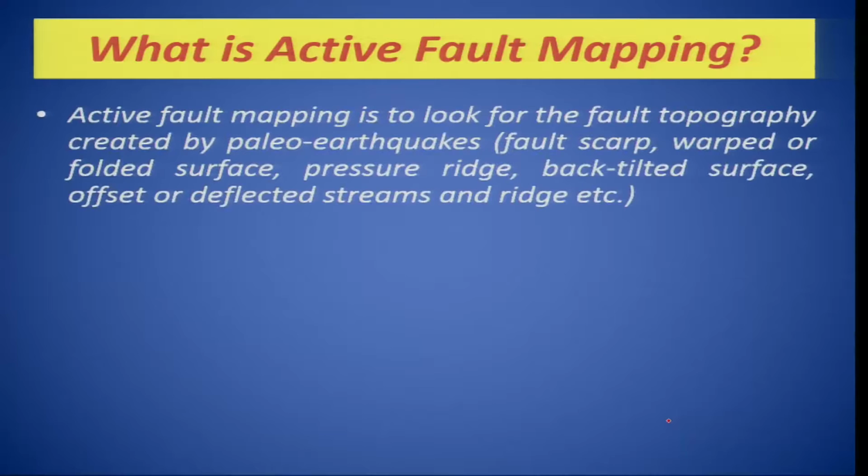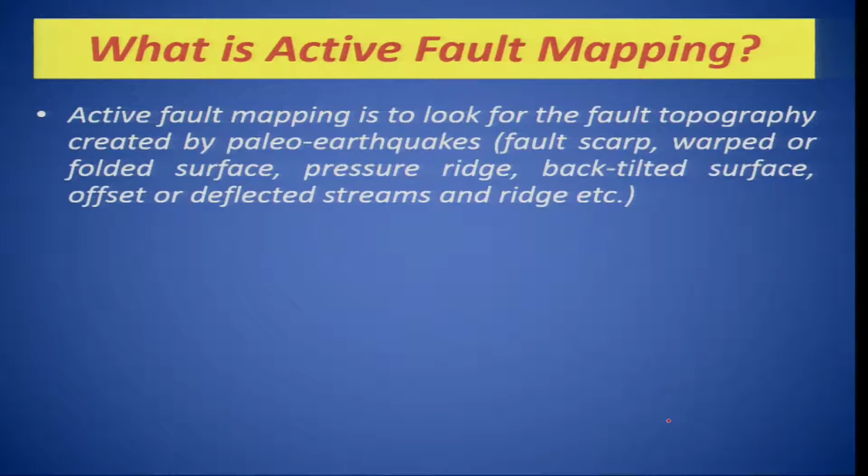And if they are large enough to rupture the surface, then we have the active fault topography to be identified. So, what is active fault mapping? What do we do in the active fault mapping part? Like I told, we are in the process of building up a digital active fault map of Himalaya and Kutch. So, active fault mapping is to look for the fault topography created by paleo earthquakes,